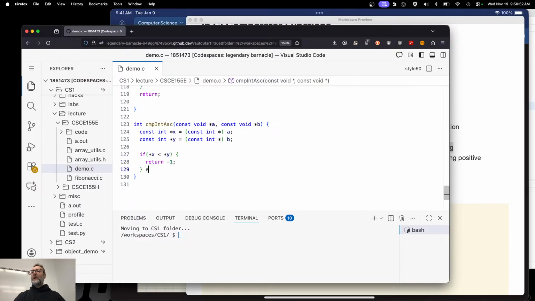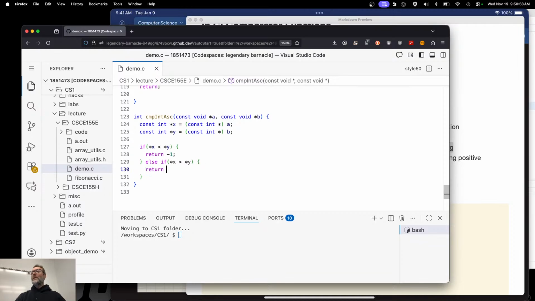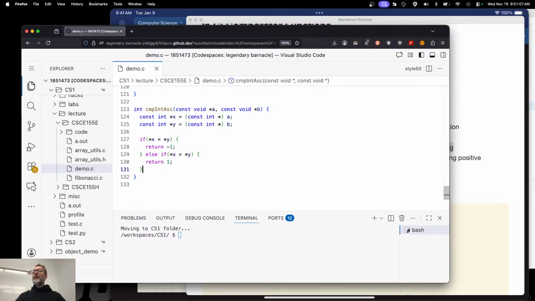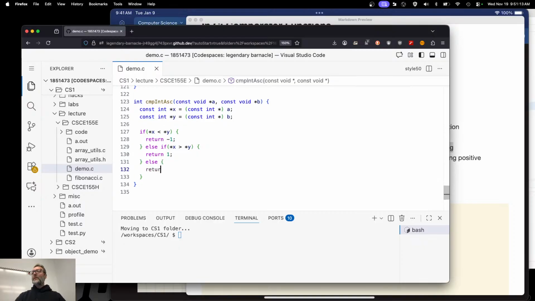All right. Else if x is greater than y, then I'll return something positive. I could, of course, mash my keyboard here and just give it a random number, right? Keep it simple, though. -1, 1, and 0 are the best ways of doing this. Else, return 0.